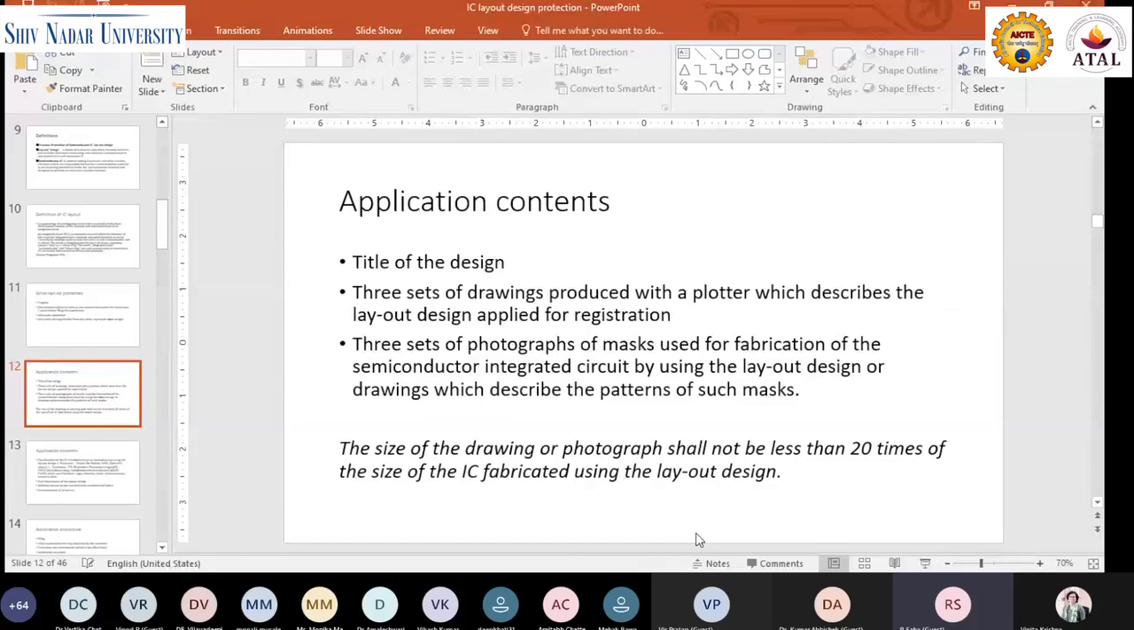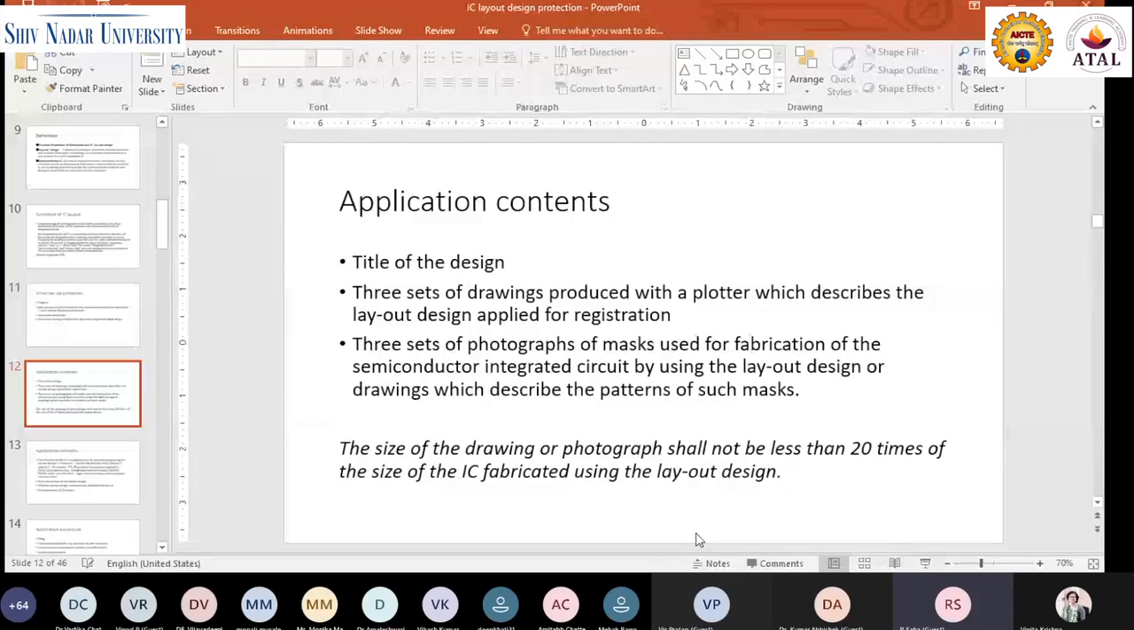Or maybe you can say that since we are not familiar with IP, we think that it's complicated or cumbersome. It is not. Even when you submit an application to the office, you have to give the title of the design. Then you have to give 3 sets of drawings produced with a plotter. A plotter is a device for showing the pattern which you have generated on a wafer, which describes the layout design